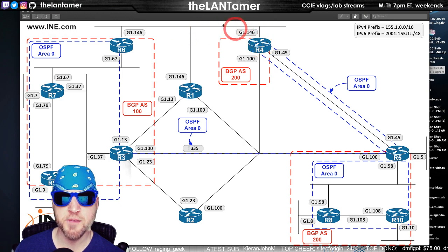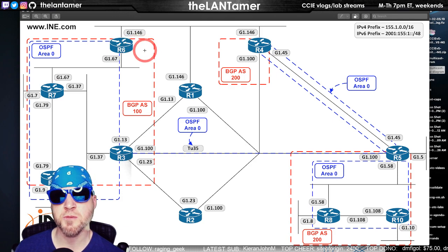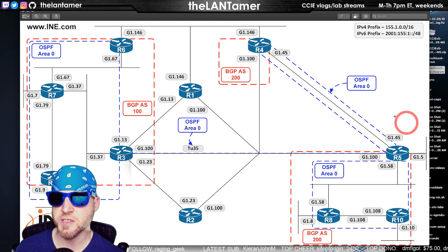But if the traffic got forwarded to router 6, let me think about this. So router 6 would say, well, we'd have to have a shared tree, right? Yeah, we would, because this is sparse. So